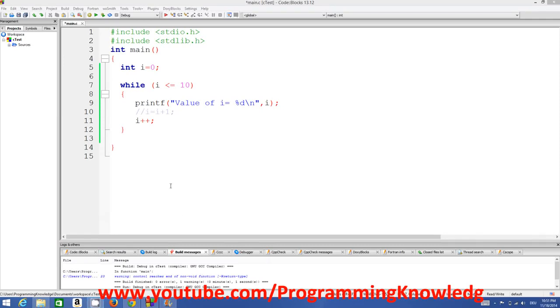In the last video I've shown you how you can use loops in C, and how you can use while loop in C. Now in this video we are going to see how we can use do while loop, which is one more kind of loop, and what is the difference between do while loop and while loop. Okay, so let's